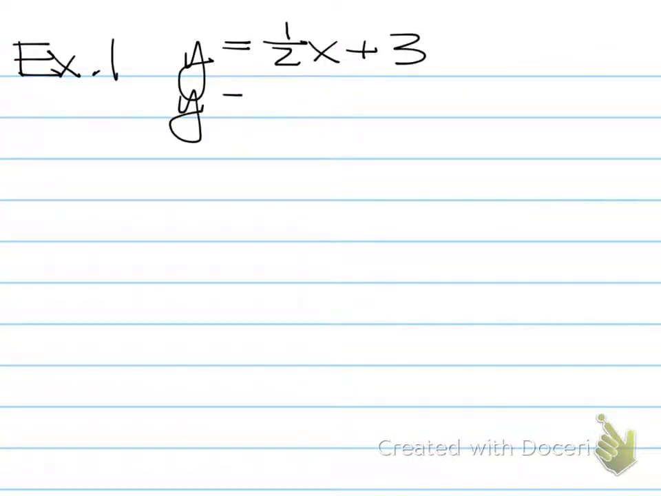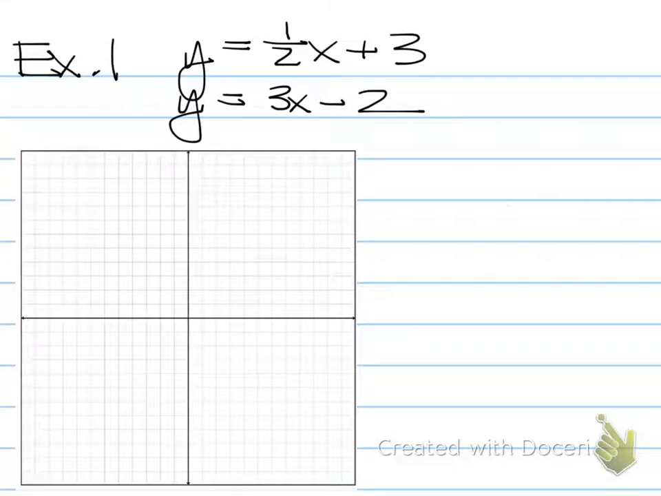All right, example one. We have two linear equations already written in slope-intercept form. So we identify the slope and the y-intercept for both lines. For the first line, the y-intercept is 3, so we put a dot at 3 on the y-axis. The slope is 1 over 2, so from that y-intercept we're going to go up 1 and over 2, graph our next point, draw a line between the two,